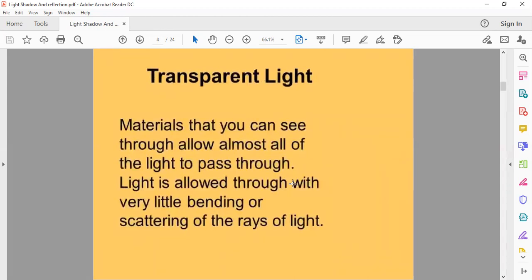First is transparent material. These are the materials through which maximum light passes, and we can see almost everything through them. Light is allowed through with very little bending or scattering of the rays of light, which will be studied in higher classes. For now, you only learn that materials which allow light to pass through them are known as transparent objects.